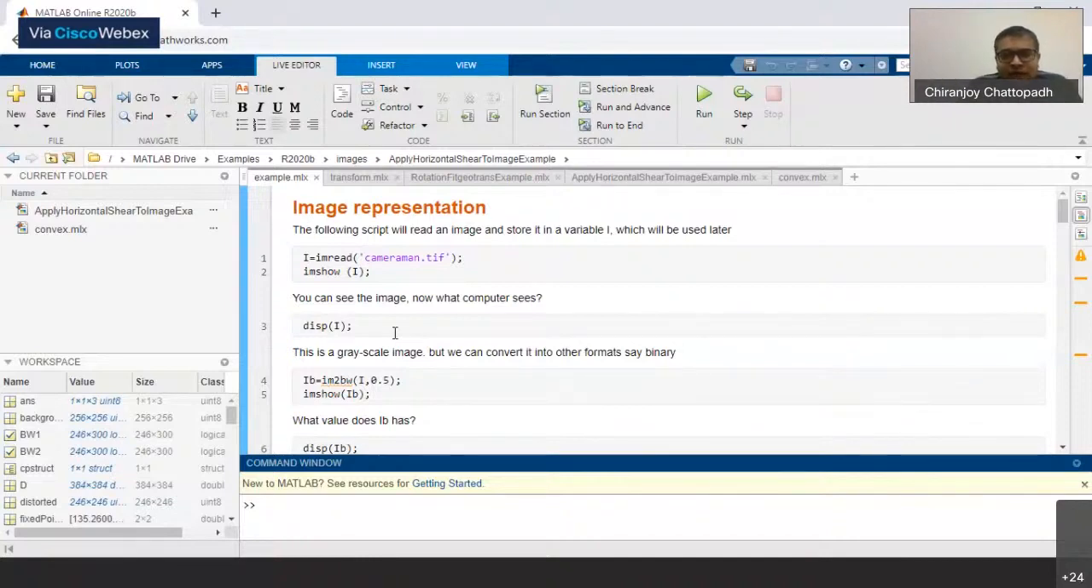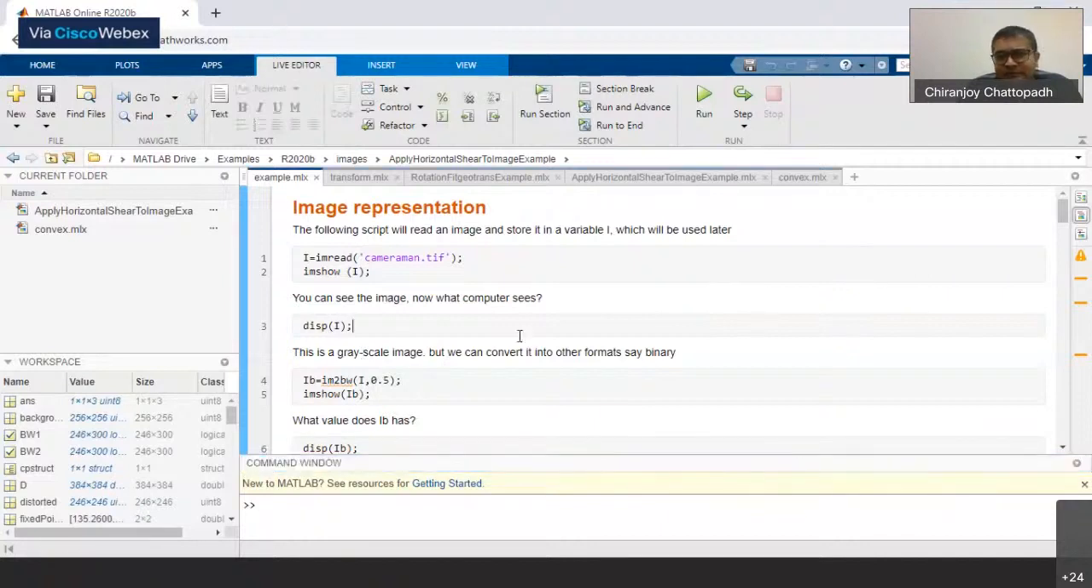Are there people in the audience who have seen or worked on MATLAB? Any one of you who have worked on MATLAB? May not be. Yeah, so it's a platform. Basically, the full form of MATLAB is actually matrix laboratory, which is designed